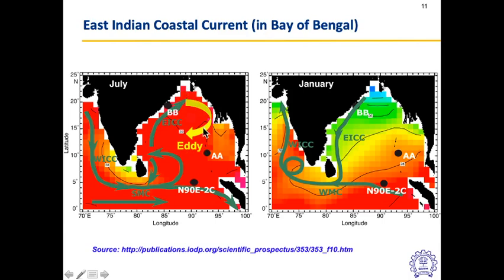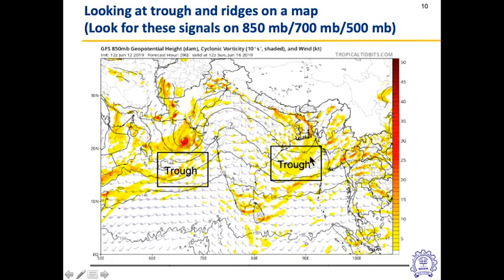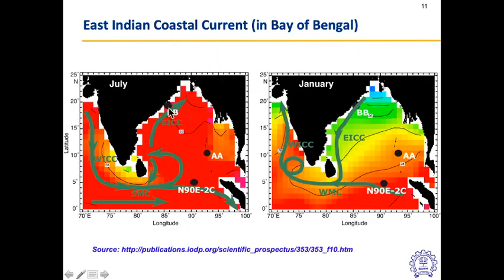This anticyclonic eddy over the ocean keeps warming the Bay of Bengal. So the amount of energy present in the Bay of Bengal is much higher because the surface of the water is warmer. That's what this anticyclonic eddy does. As it keeps warming the water, there is a high chance of convection happening in the Bay of Bengal, and that's exactly how this trough forms. It forms because of the Tibetan Plateau heating, but also it is helpful in forming new systems.